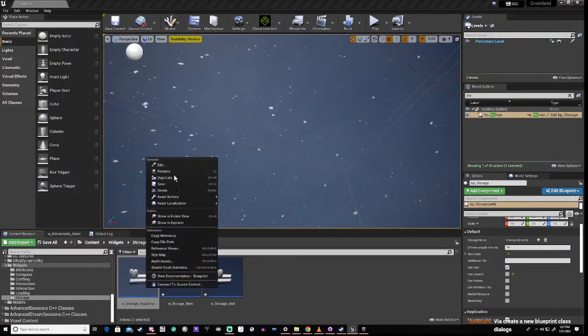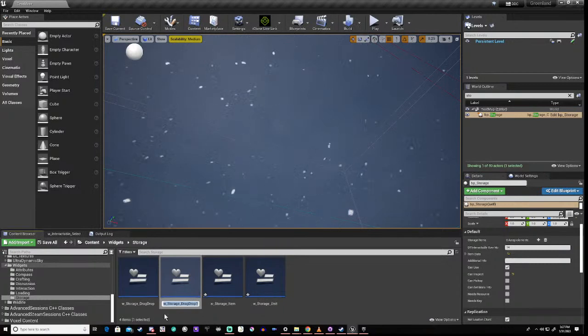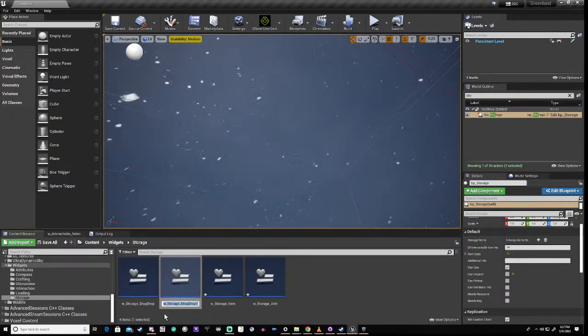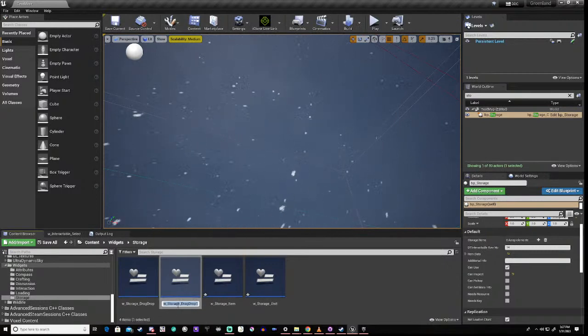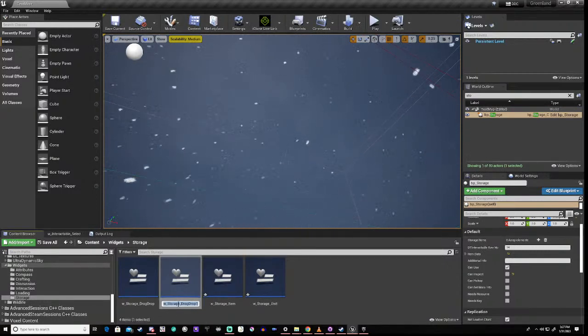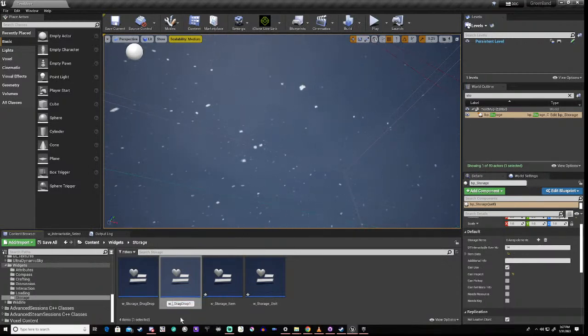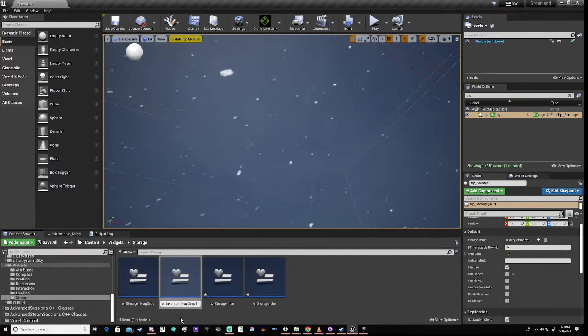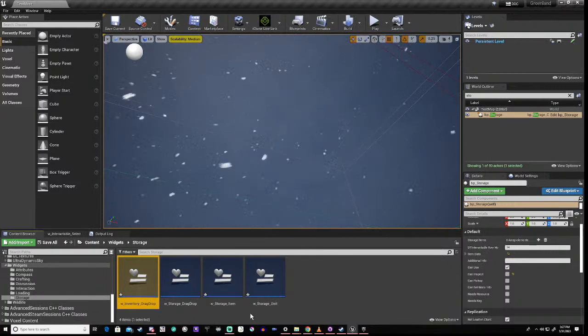So I'm going to duplicate this for the sake of it. And I'm going to call it inventory drag drop. Right, but as I said, I've got to be careful here because